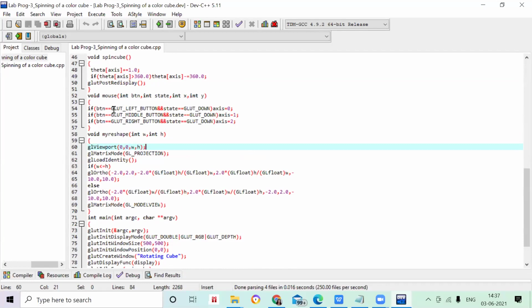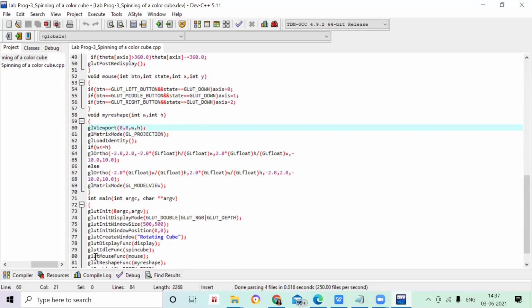I have to use only an if condition. If the button equals the left button, in your mouse, as you have already written mouse here and you have called the mouse function over here, it will directly understand that you are going to use your mouse. That's the reason I have used the mouse today to show you. So if the button is equal to the left button and you are pressing, then the state will be down, like your object will move down.